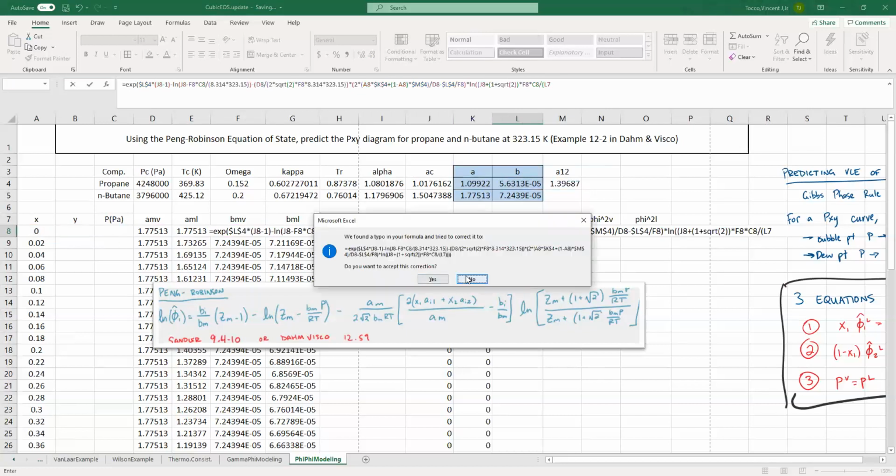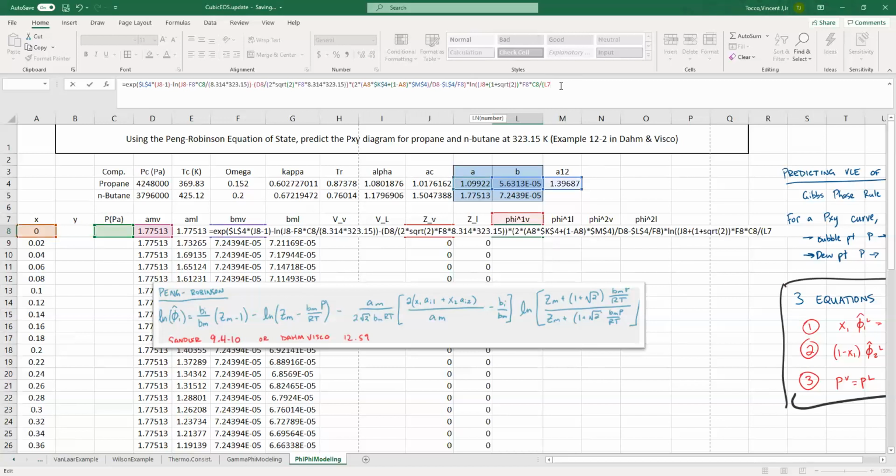Oh, no, I don't want to accept a correction. I'm not finished yet. 8.314 times 323.15. That's just the numerator. All right, so I need to close out the purple and divide that by,